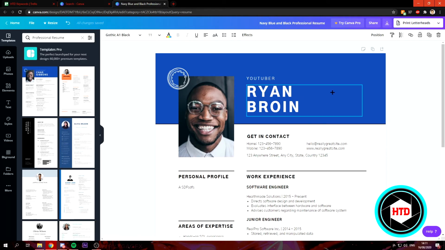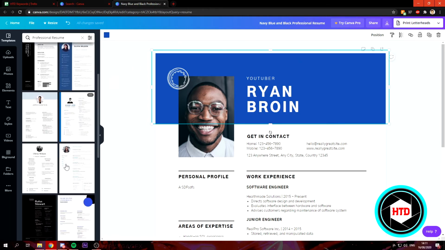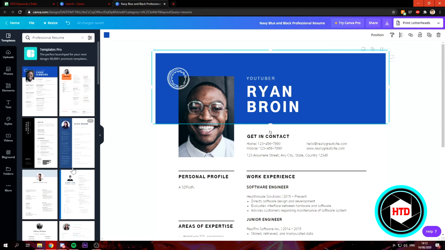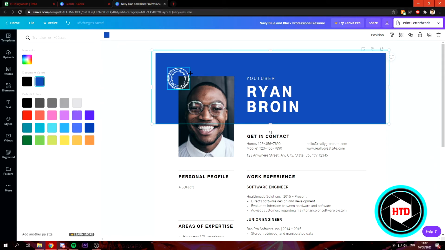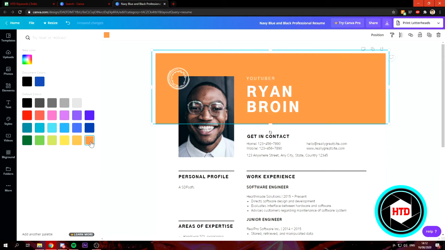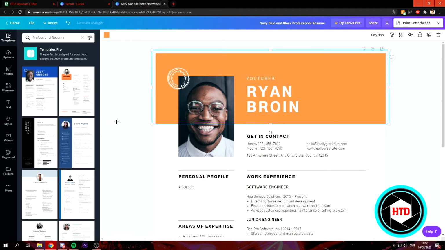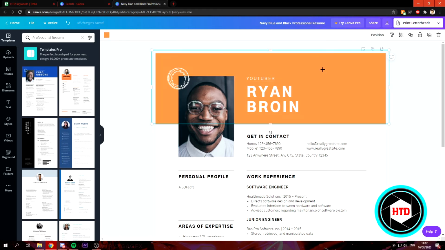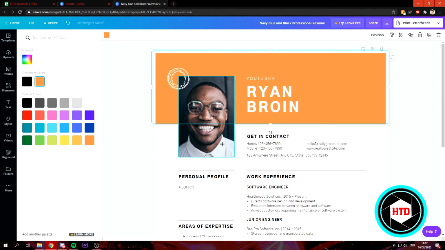We can also change this color up if we want to have it red, for example. Although, as you can see, most of the stuff is blue, and I think blue is maybe the cleanest color to use for this type of stuff. But you can change it to, for example, red or purple or orange, and you can just change it to your liking. What I'm going to show you guys right now is how to change this photo, because with the color you can literally just click on this and change the color,